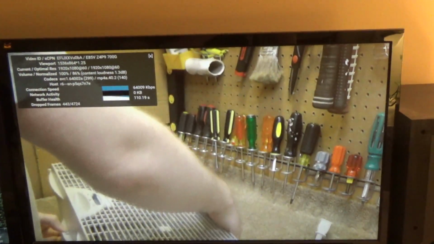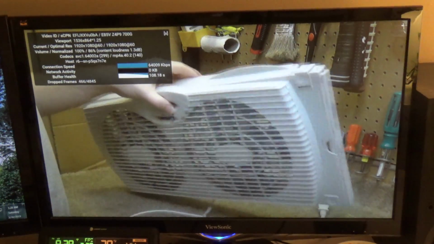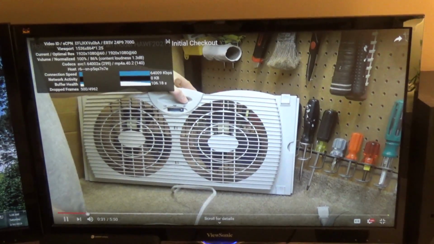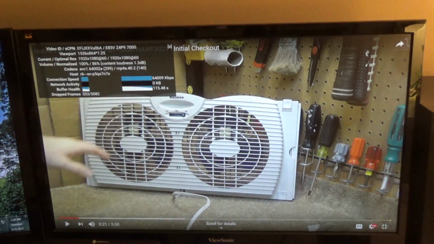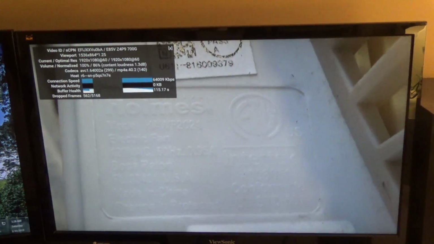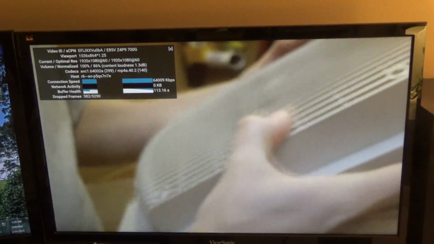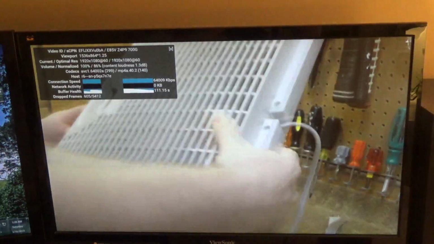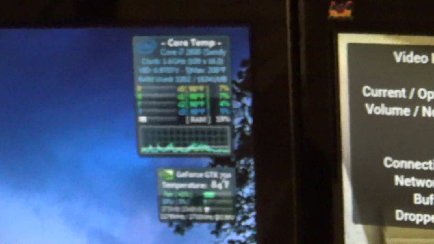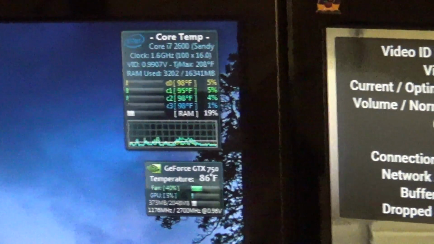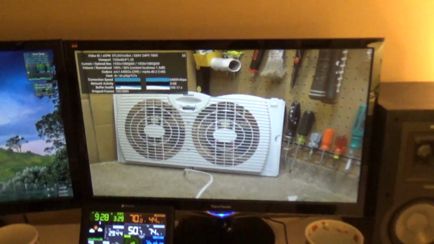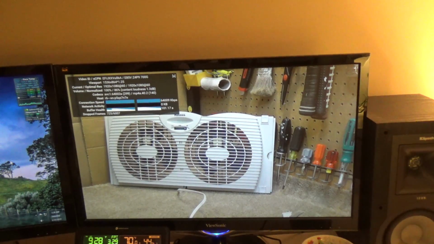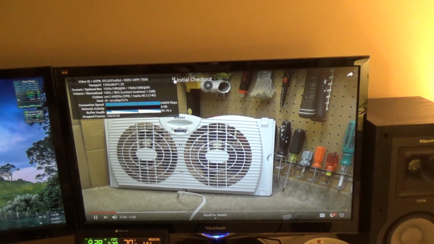And the quality of the video is deplorable. You can see it's all choppy. It's awful. And it's not loading down the system at all. It's hardly even using any of the resources whatsoever. So I really do not understand why it does that. Now, to throw a curveball here,